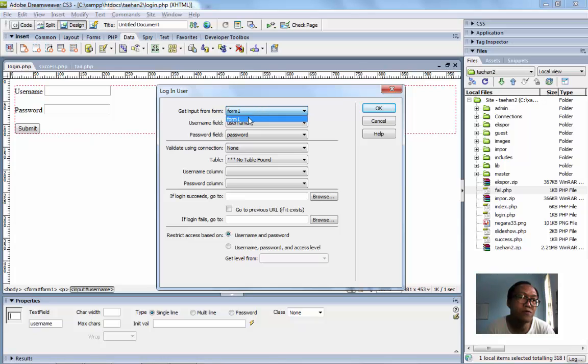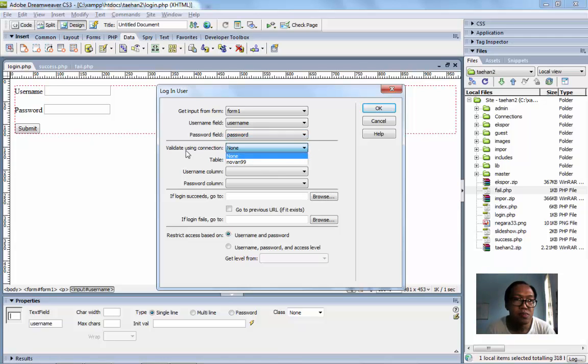I will use this form. The form name is form1, the field for username that we already created is the username field, and the field for the password is also created with the name password.